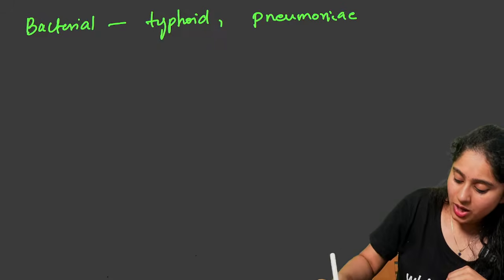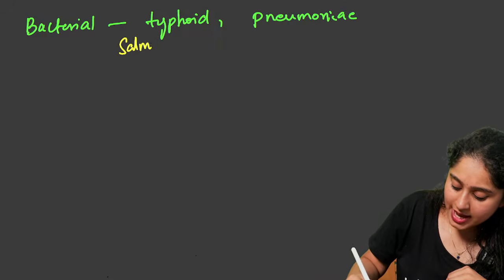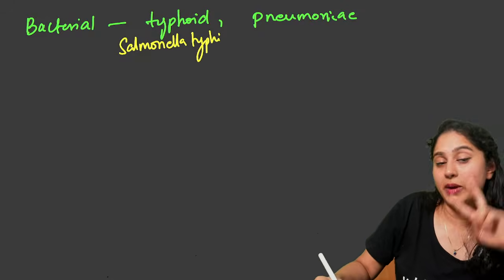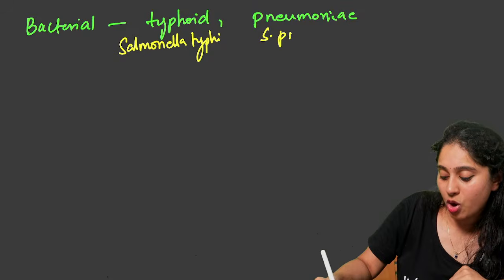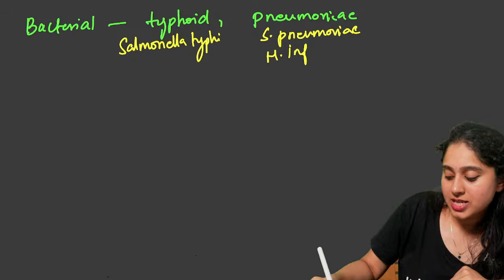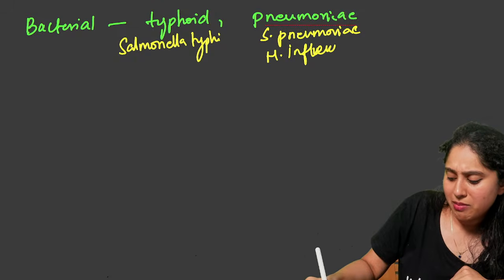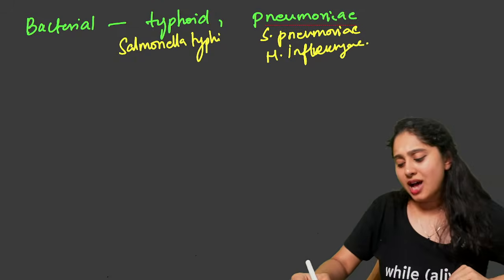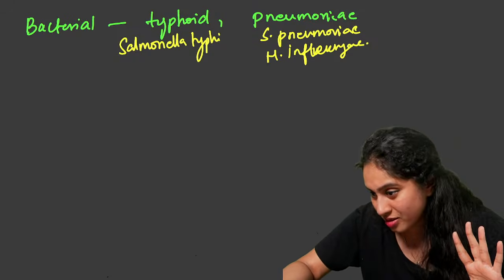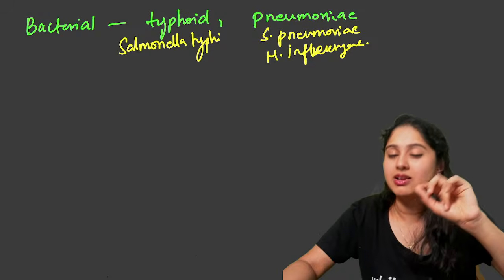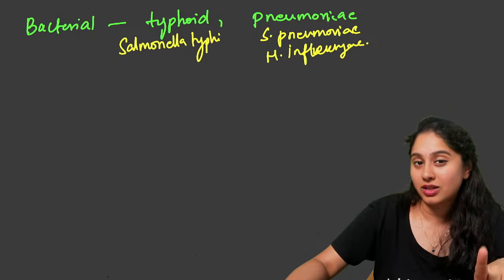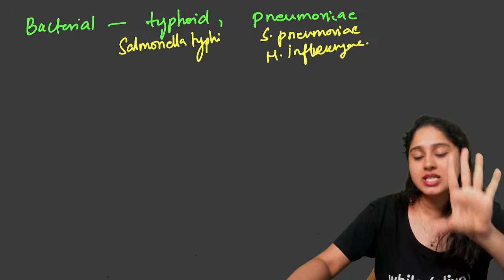Okay. So, typhoid is caused by Salmonella typhi. And pneumonia is caused by two species. One is Streptococcus pneumoniae and the other one is Haemophilus influenzae. Now remember, most probably they will not ask you Streptococcus pneumoniae, because from the name pneumoniae, they know you will find the answer. Okay, so 100% they will ask you questions like Haemophilus influenzae, because that is the one that is confusing. So remember, it is going to cause pneumonia.